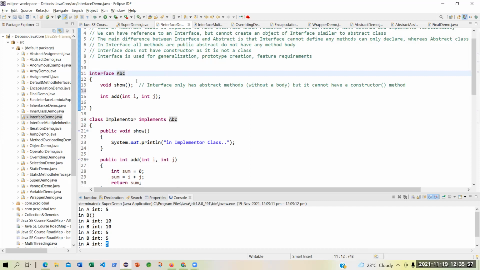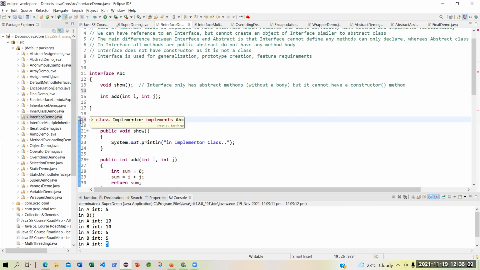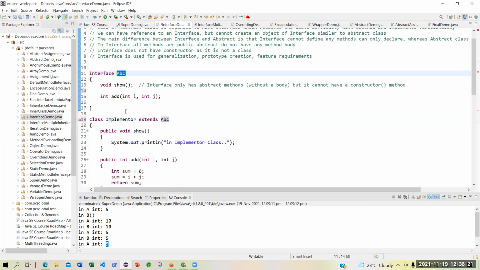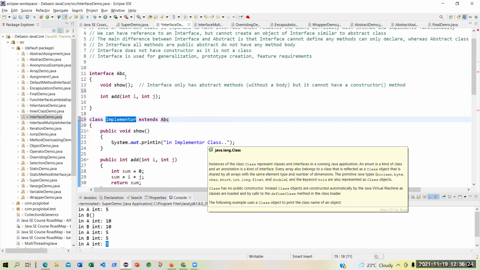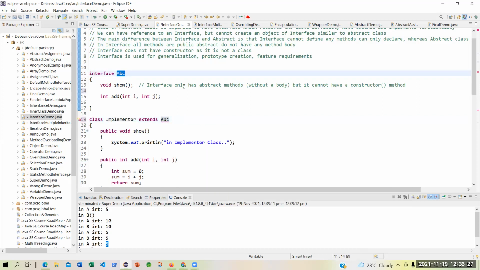So ABC is an interface and it is implemented by a class called implementer, which implements, not extends. You cannot extend. If you say extends, it is wrong, because immediately the type ABC cannot be superclass of implementer. That means it is saying that this is not a class. This cannot be a superclass to implementer. It is an interface. So in an interface, you cannot use extend because you can extend only a class, not an interface. What you have to say is implements,